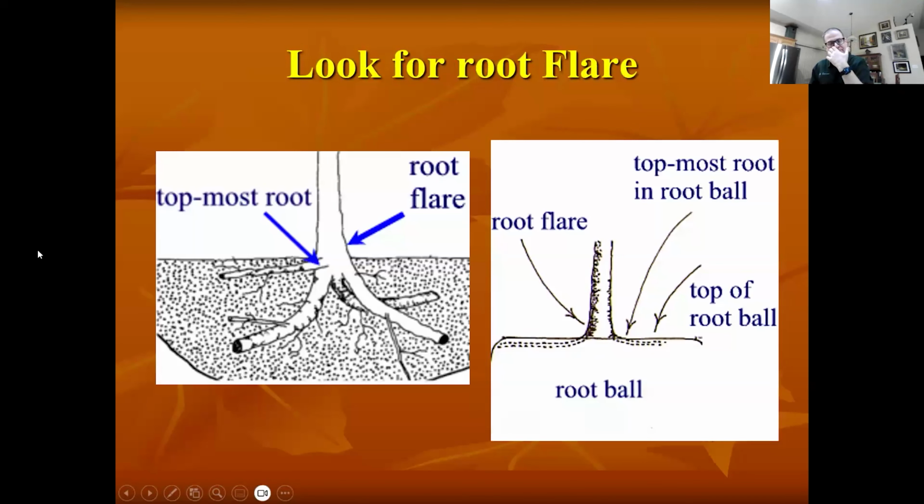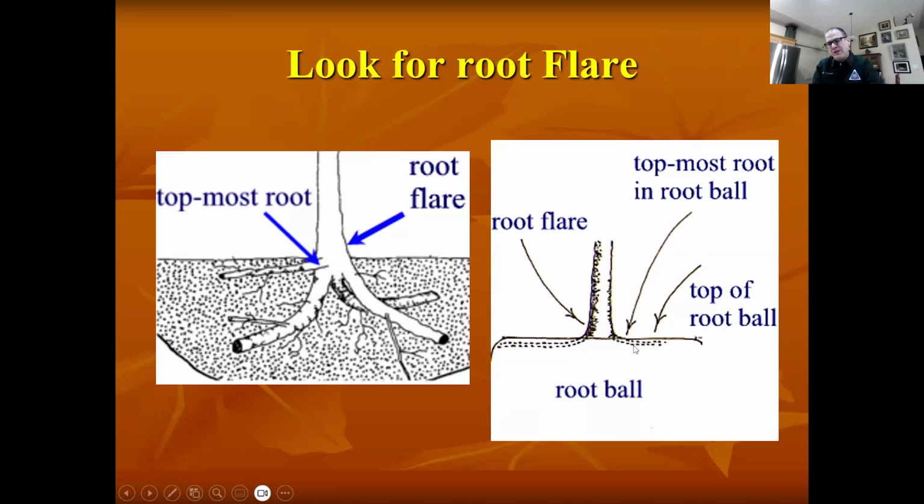The proper depth, if you're walking through a natural forest setting, a lot of times if you're not looking at the ground, you're tripping because the roots are literally right on top of the ground, sometimes underneath the little bit of organic matter or leaf litter. And to plant a tree, we want that exact same thing. You want to look at the root flare right where the trunk widens out and goes into the ground, and you should be able to see the tops of the first roots coming out of the trunk.